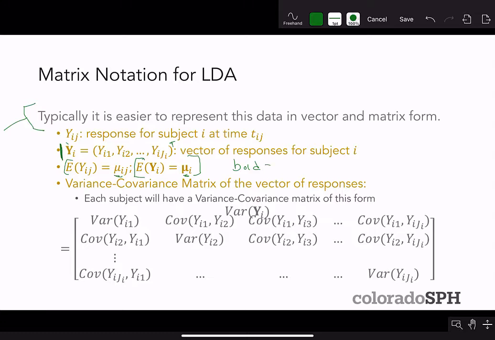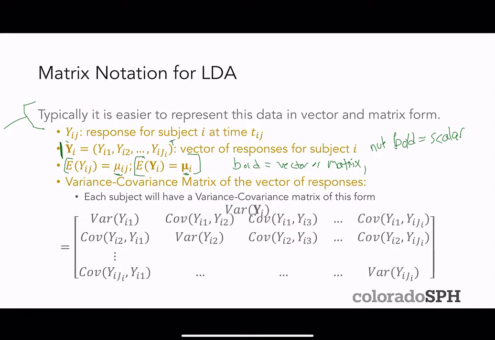So bold means vector or matrix, and not bold means you have a scalar. Then each subject will have their own variance covariance matrix that takes the form that is written out down here. But I'm also going to write it up here where you have